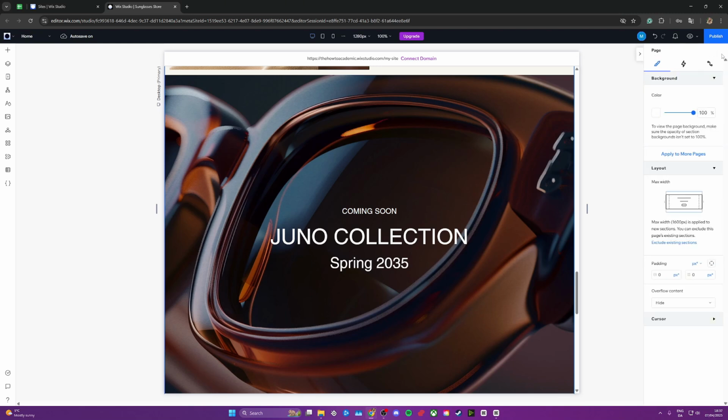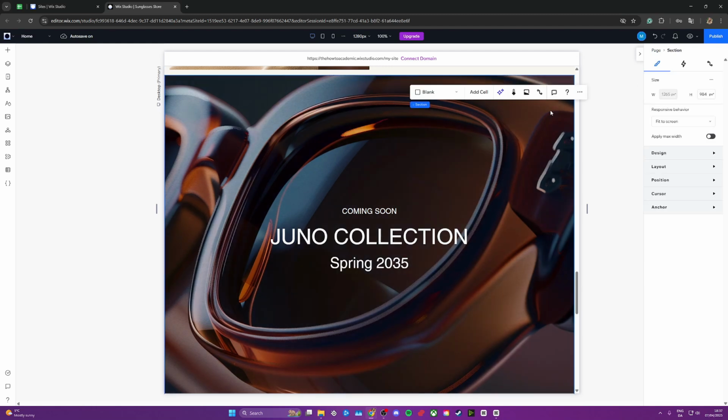Once you've done that, go ahead and mark the section that you want to add the sticky effect to. In this case, I'm going to do this section right here. So to make sure you mark the right section, just go ahead and look for the blue border around the edge here, and you can also see that we marked this section up here and not an image or anything else within the section. Now, to add the sticky effect, go ahead and click on Design, go down to Position,